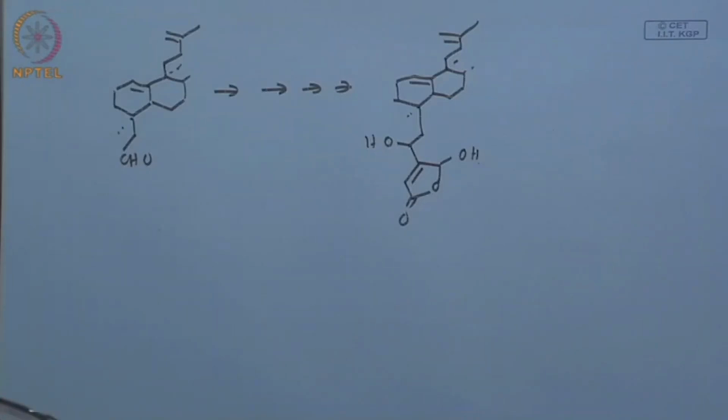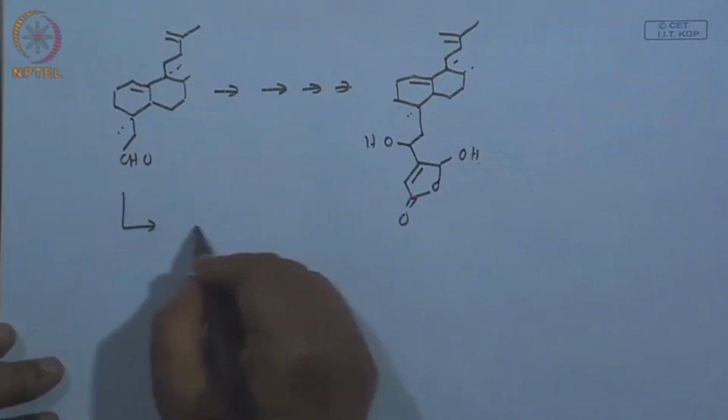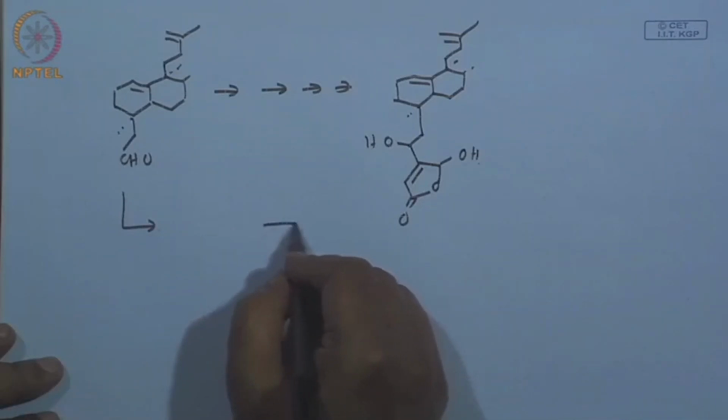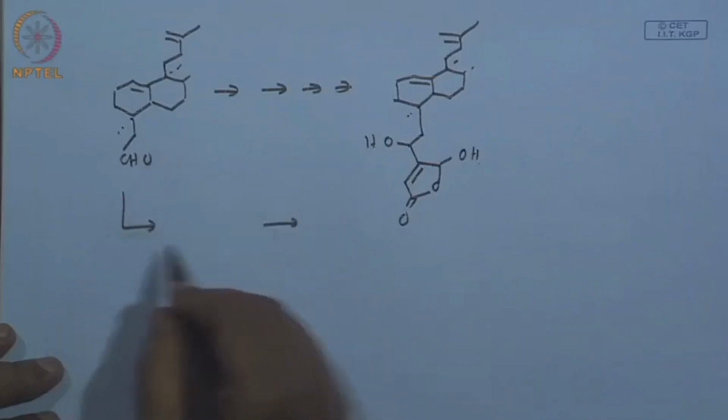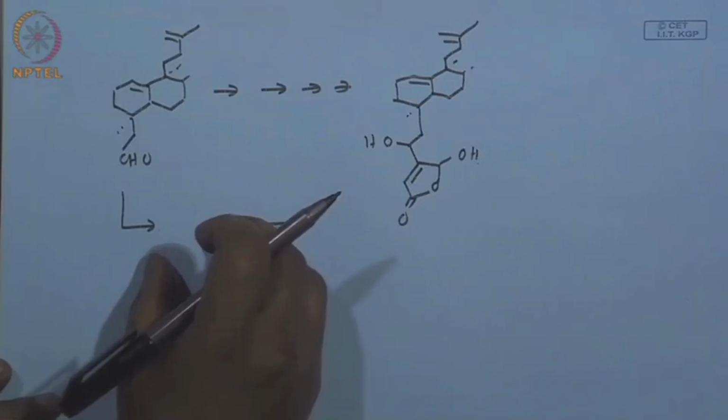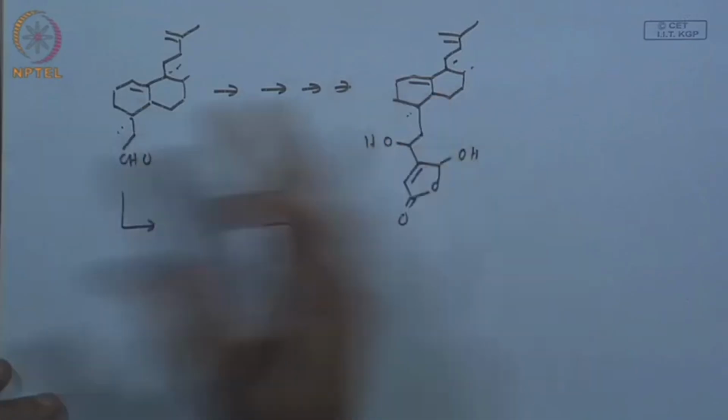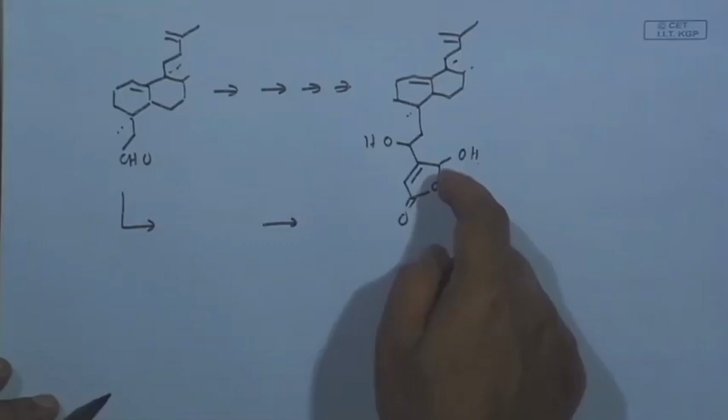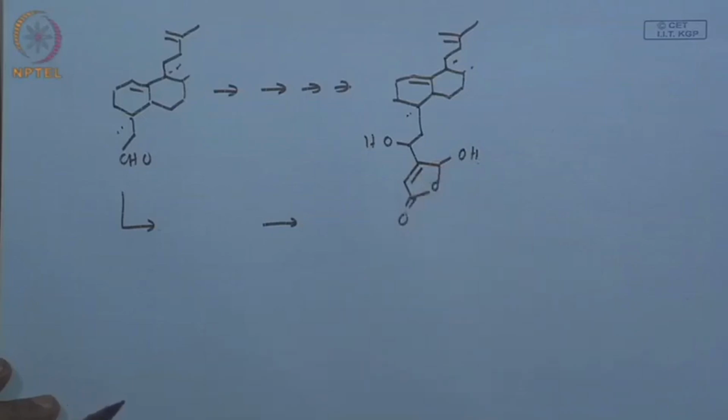So, what do you do? That means you have to fill in the blanks. The blank is basically 2 steps. So, you do one step here and one more step, it will give straight away this product. So, you have to identify the missing reagents from this. That means you have to compare the starting material and the product. Now, you have to have a 4 carbon synthon, that is it. What else? 4 carbon synthon means